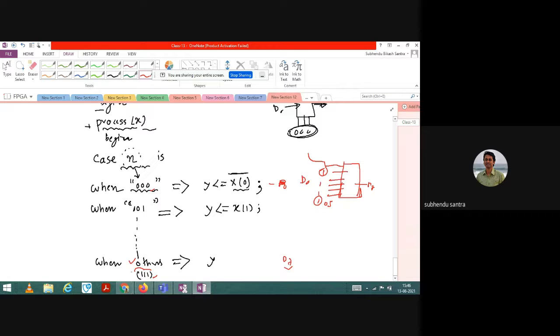But others may be 1 1 1 and then 1 1 0, then 1 1 1 again, because it is a clock. Based on each clock, this value actually changes, active high, active low. So if there is a glitch, it should not hamper the operation. The output should be D7. Like if everything is high, at the end of the day, everything is high. Even if, let us say, for one clock the clock is moving, for this timing all are 1, and for this clock 1 1 1, sometimes 0 here itself in that period.